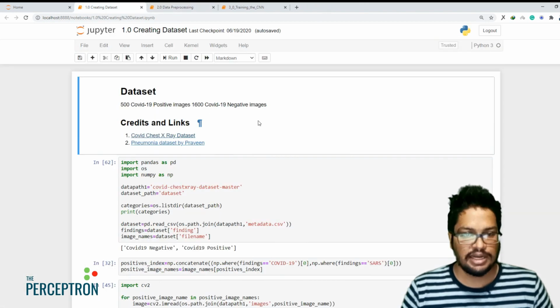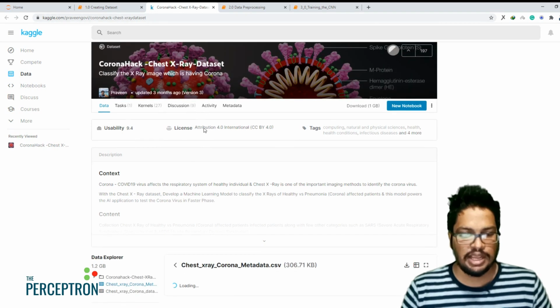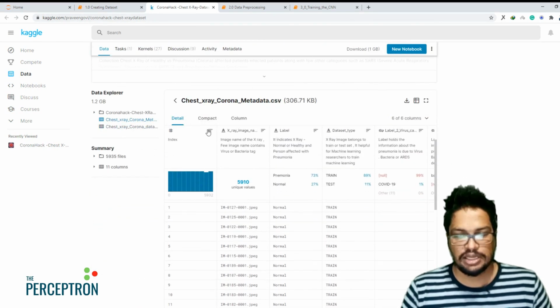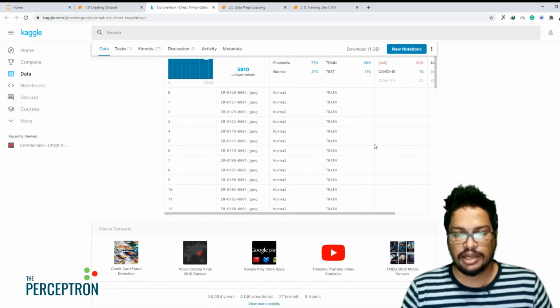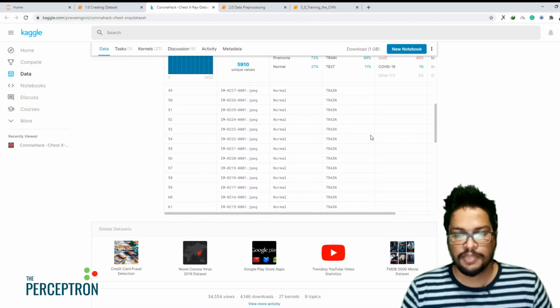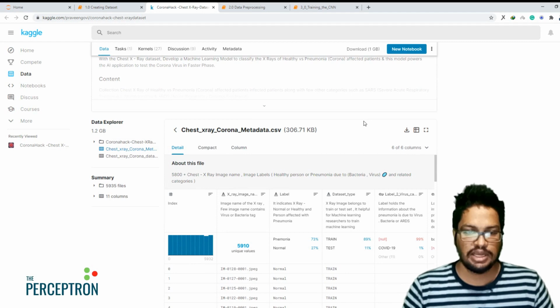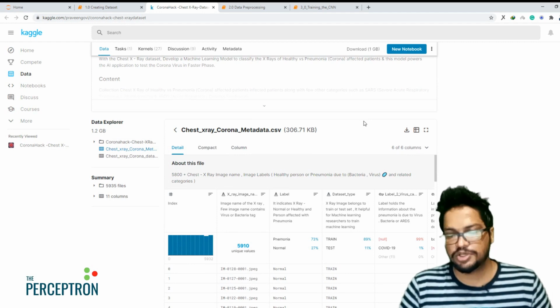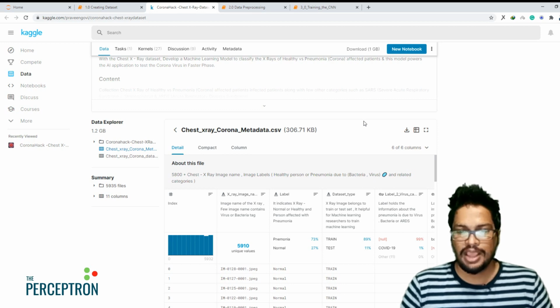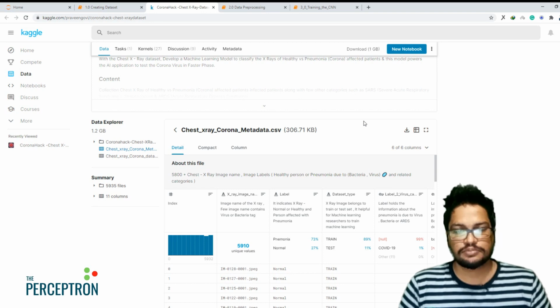And the next data set, the pneumonia data set by Praveen. Here you can download it directly from the Kaggle data set, and this actually contains two types of images, pneumonia positive and normal images, that means pneumonia negative. Actually this data set is not connected that much to the COVID-19. This is only having images with pneumonia positive and pneumonia negative. So what we are going to do, I'm not going to use the pneumonia positive images here, but I will use the normal images, the pneumonia negative images,